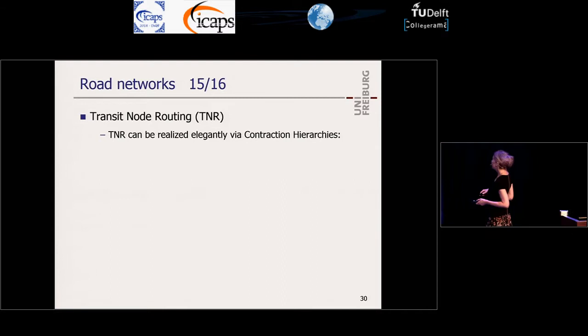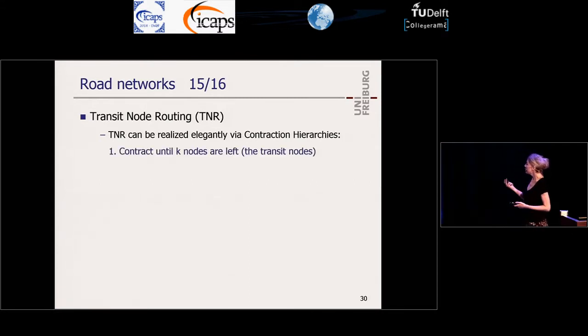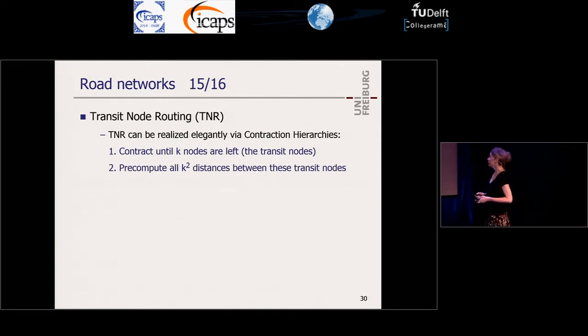The first implementations were different, but basically you can do it like this. You contract your graph and you just leave the last k nodes. These are called the transit nodes. These are the highest level nodes, the most important nodes in your network, right? K is a parameter. For these nodes, you compute all pairwise distances. That's k-square distances. If k is on the order of square root of n, you can do that,